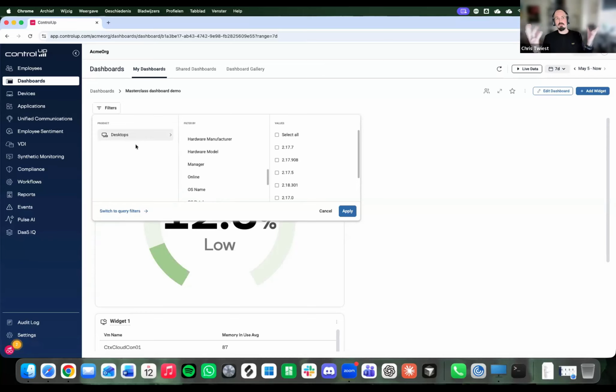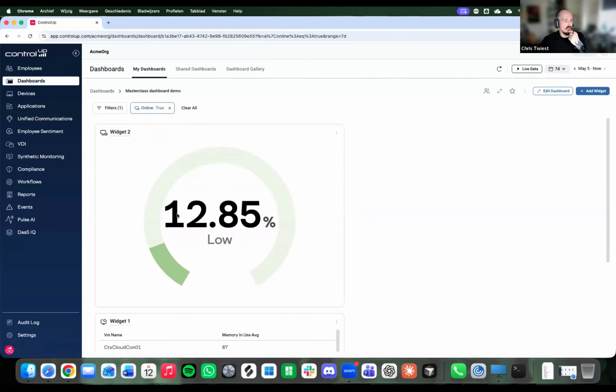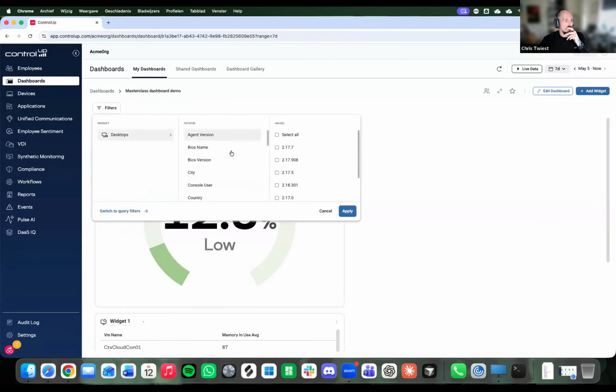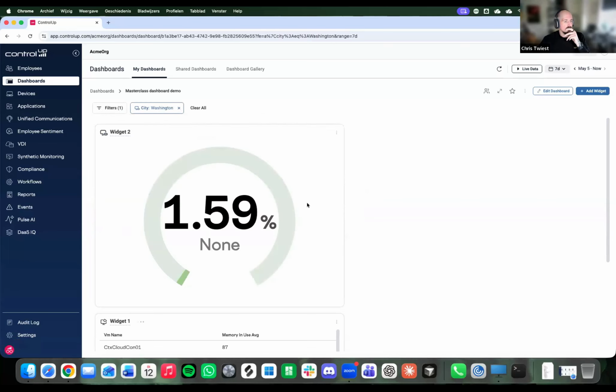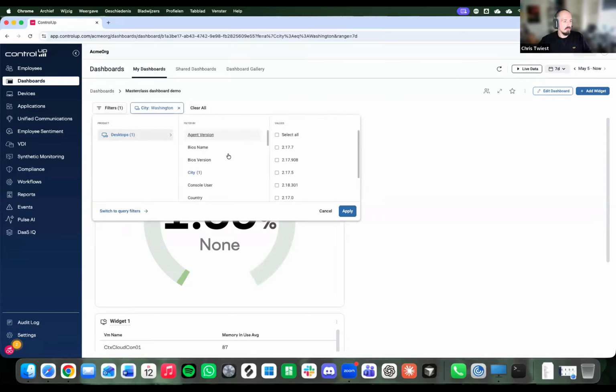As you know, if you set up the real-time console, you have all these folders in VDI. Those will be represented in this new filter UI. With this new filter UI, we also introduced 20 new things to filter on, even something like whether the machine is online or not. So we have online, true or false. So only show me data from online devices. We'll change this widget. Show me only from Washington. Oh, I clicked city, Washington, apply. So yeah, you can now filter your dashboard in a lot of ways with 20 built-in filters.